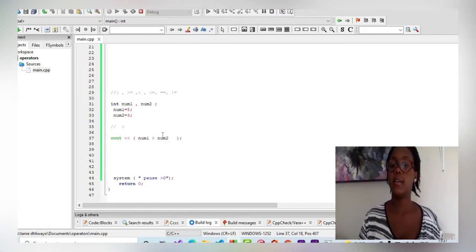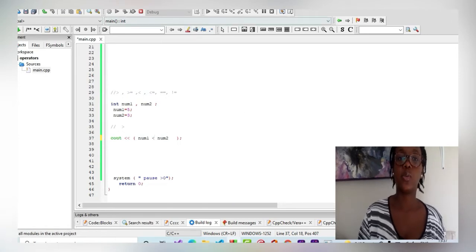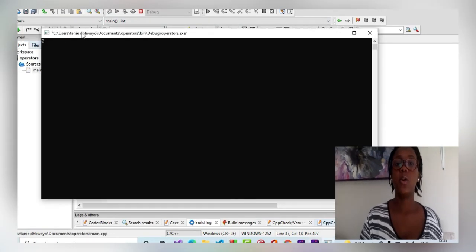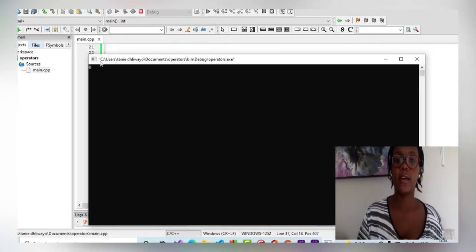Now we can say, check if my num1 is smaller than my num2. So now we're receiving a 0, which means false, which means num1 is not smaller than num2, which means 5 is not less than 3. And then we also have